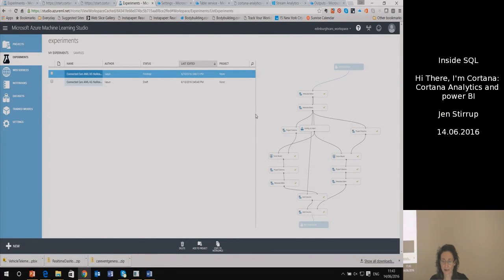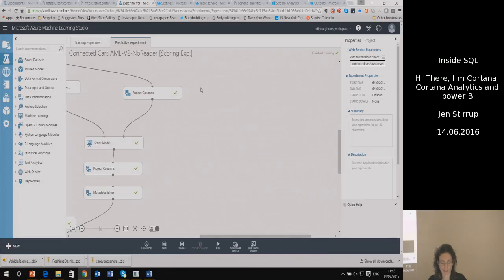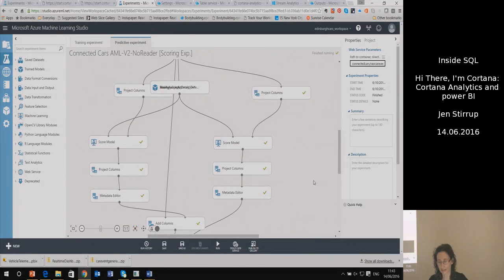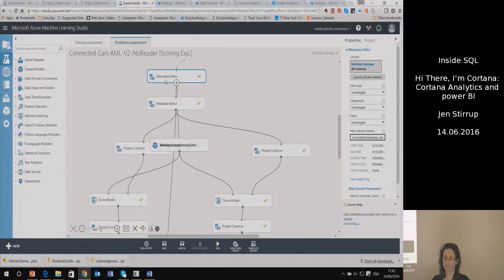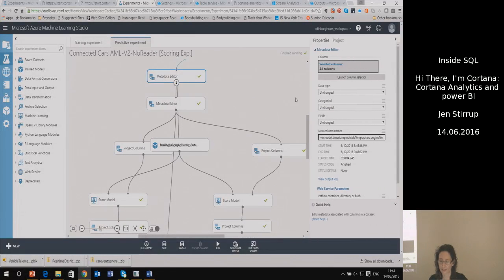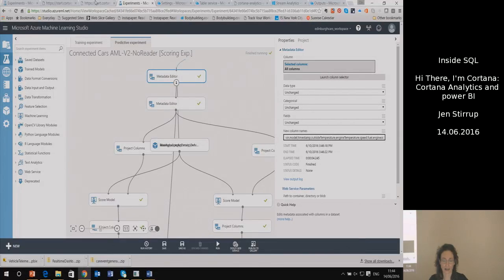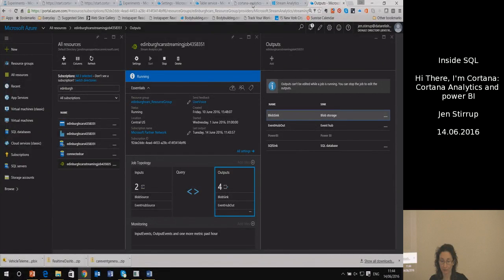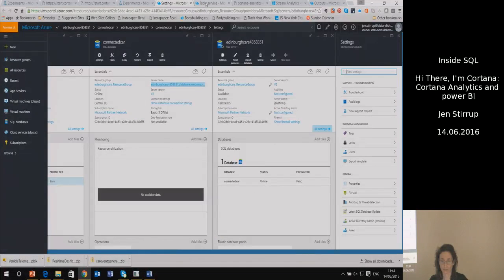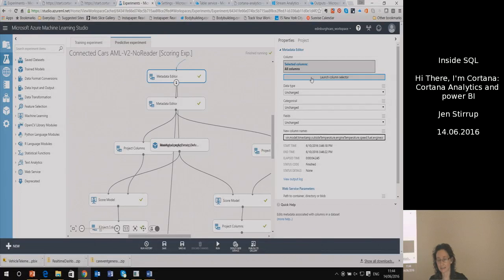So what we can see here, we did a quick look at Azure Machine Learning earlier. I'm just going to open this one so we can see it a bit better. So let's go through some of the components. The data comes in, and it comes into machine learning via streaming analytics and via Blob Storage as well. So they're both impinging on the machine learning experiment here. So when we go back to the experiment, you can see here